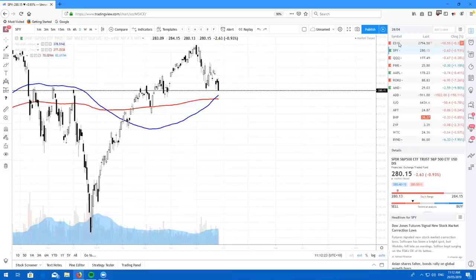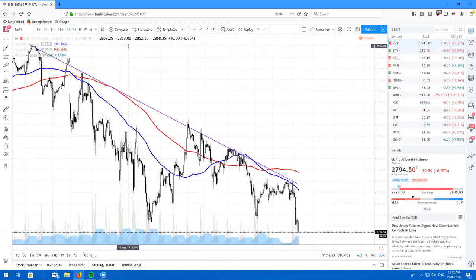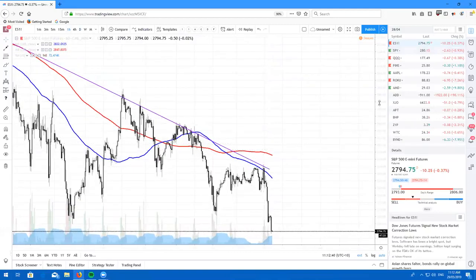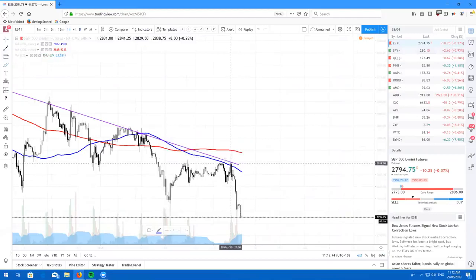If you take a look at the E-minis, I'll zoom into the 1 hour chart. I've had this trend line drawn from pretty much the last few weeks, and it has been respecting this resistance quite nicely. I actually missed out on a short right here last night. However, if you guys did get to take a short, it was a very, very nice